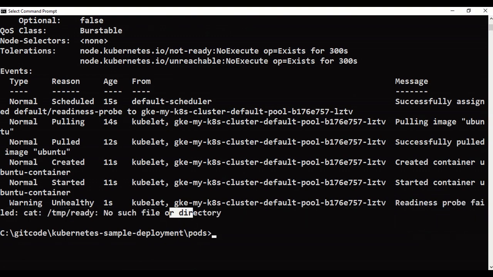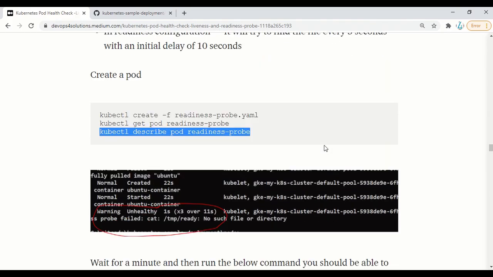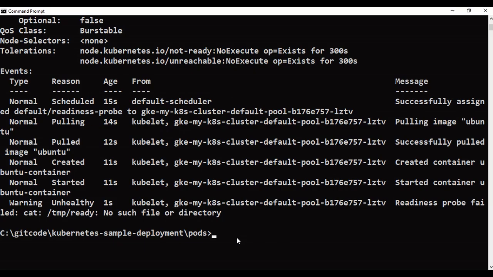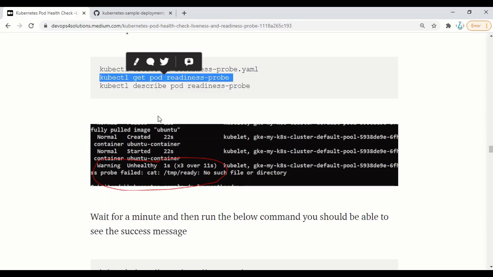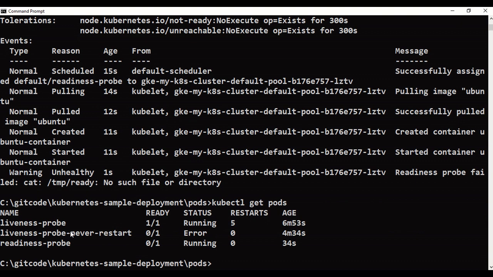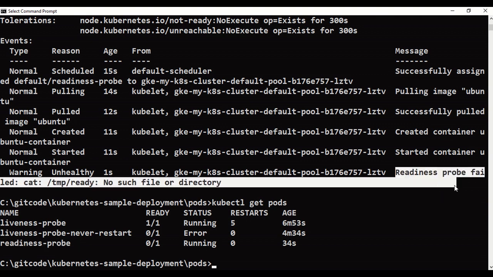No such file or directory because of the obvious reasons, right? And you can check your pod also. The pod is created, but your readiness probe is failing. So the controller will not send requests to this pod until the readiness probe succeeds.